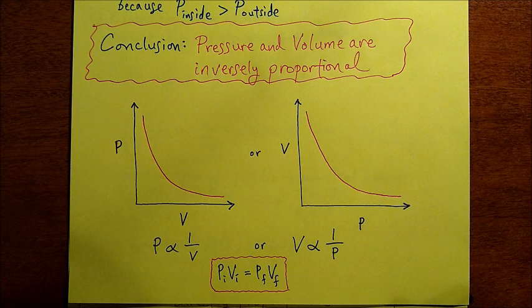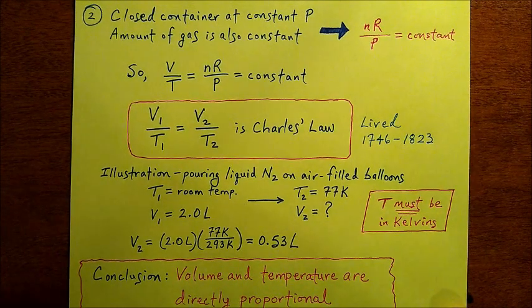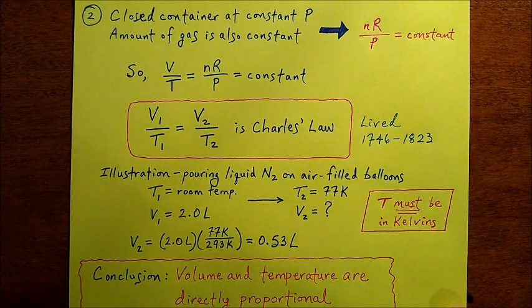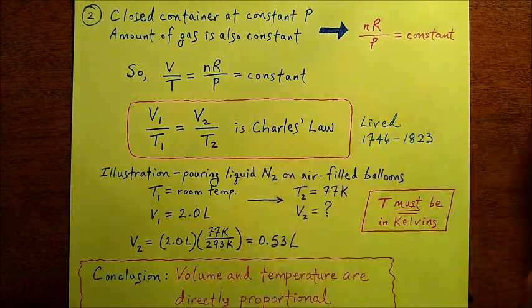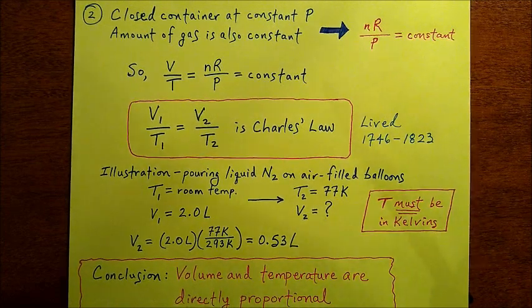Important conclusion. Now let's go on to the next important experiment that was done. It was done by a French scientist named Jacques Charles, and there's his name. He lived from 1746 to 1823. So you see, all these experiments were done hundreds of years ago. I don't know what equipment they used, but they did a good job because we're still using these laws